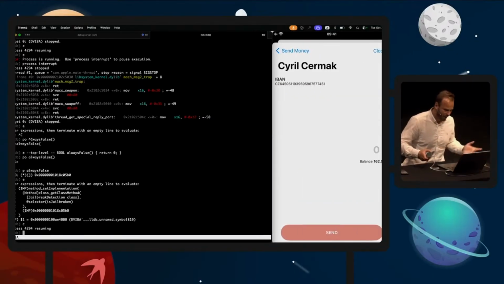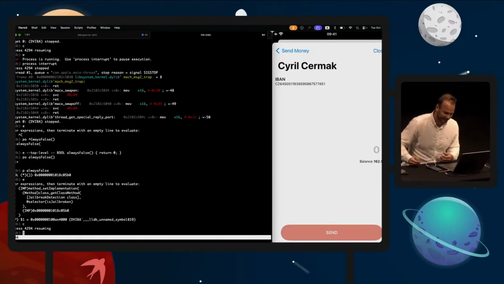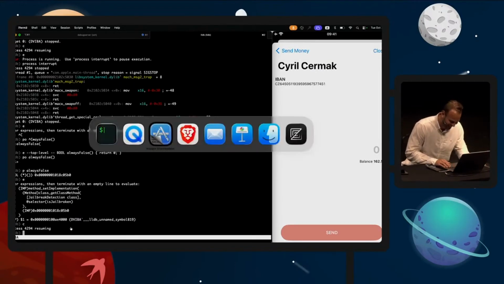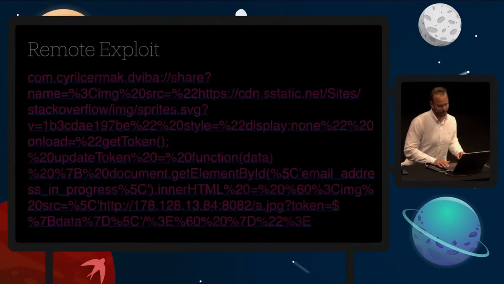That was so annoying. So now you can imagine that I would go to Darknet, I would search for the Dviba leaked database where I would get all the email addresses of all clients of Dviba. I would send to all of them some nice campaign that everybody would be able to get an extra 10 euro on their account. Everybody would click it, I would get the tokens, and I would then rob them for all their money. How evil is that? Cool. Yeah. That was it from the presentation.